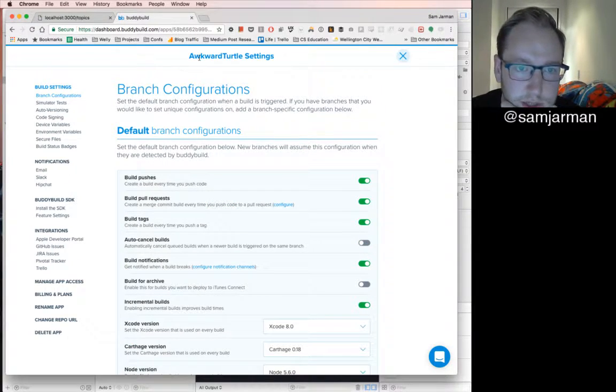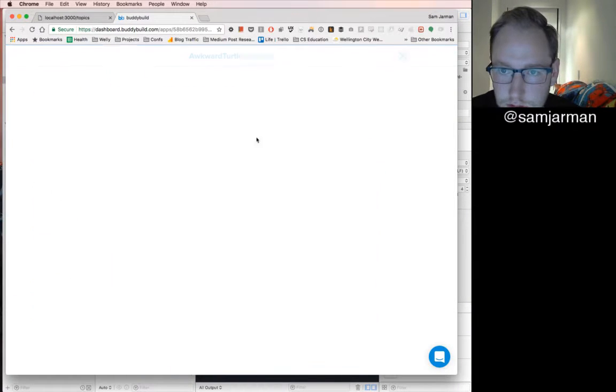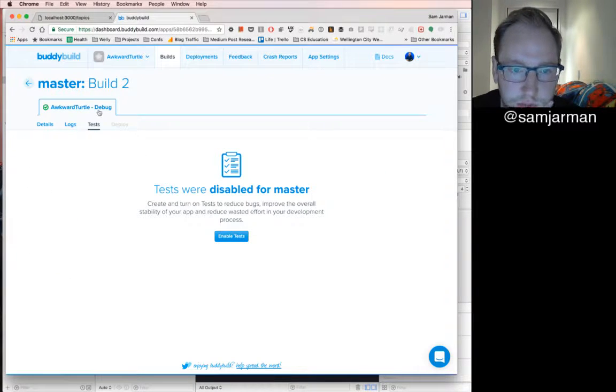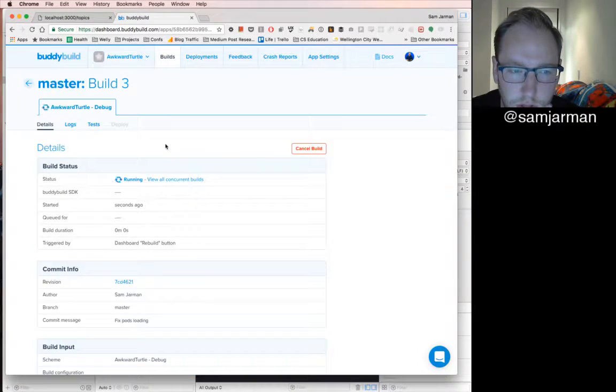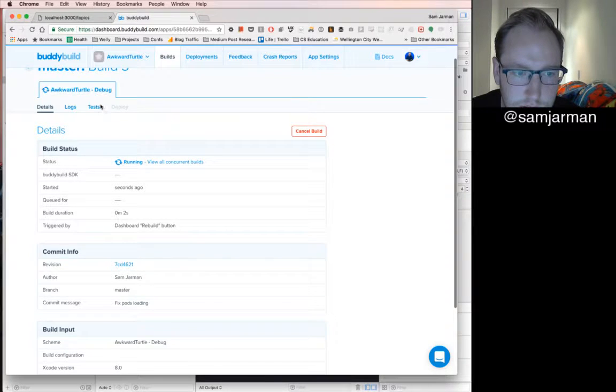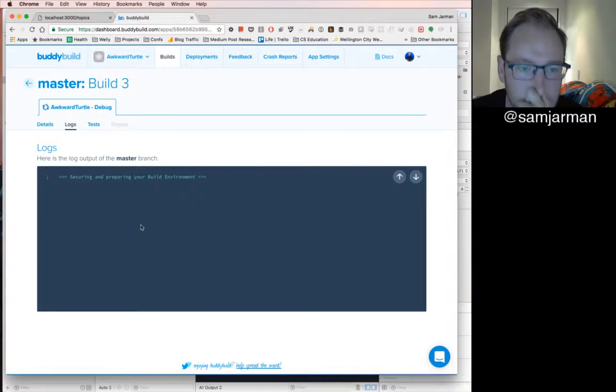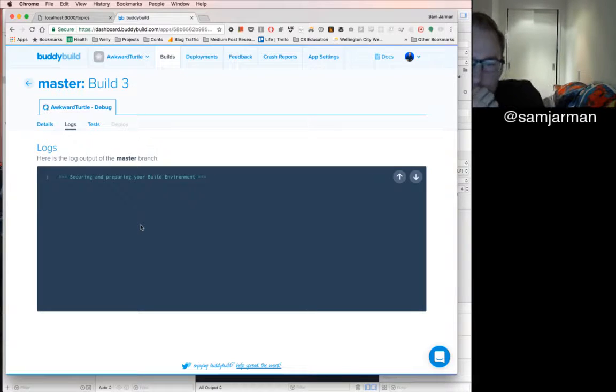Sweet. Back to dashboard, hopefully. So if I just go rebuild, I would hope that runs the tests. We'll see. This is nice. Is this up and down or is this follow? I'm going to find out when there's more logs.